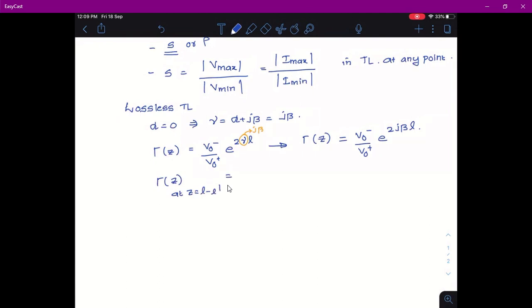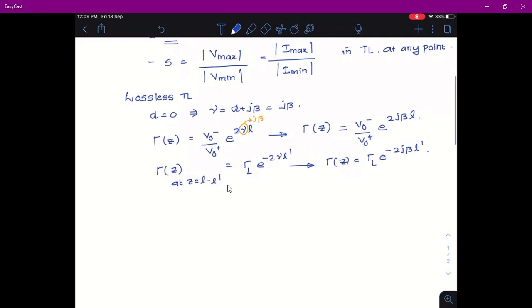So this was tau L e raised to minus 2 gamma L dash, which for lossless transmission line will become tau L e raised to minus 2 j beta L dash. Okay. Because we are going to consider lossless transmission line, it is easy to derive,